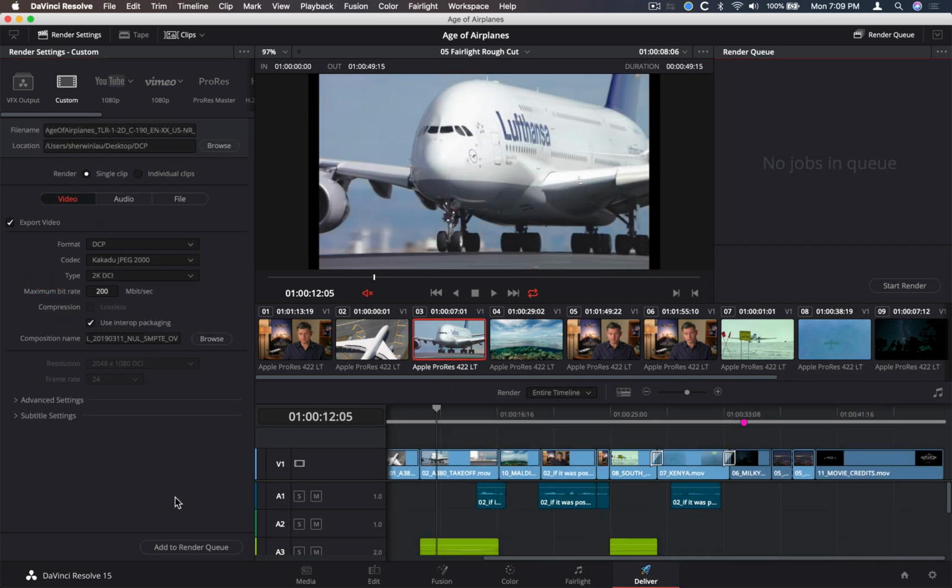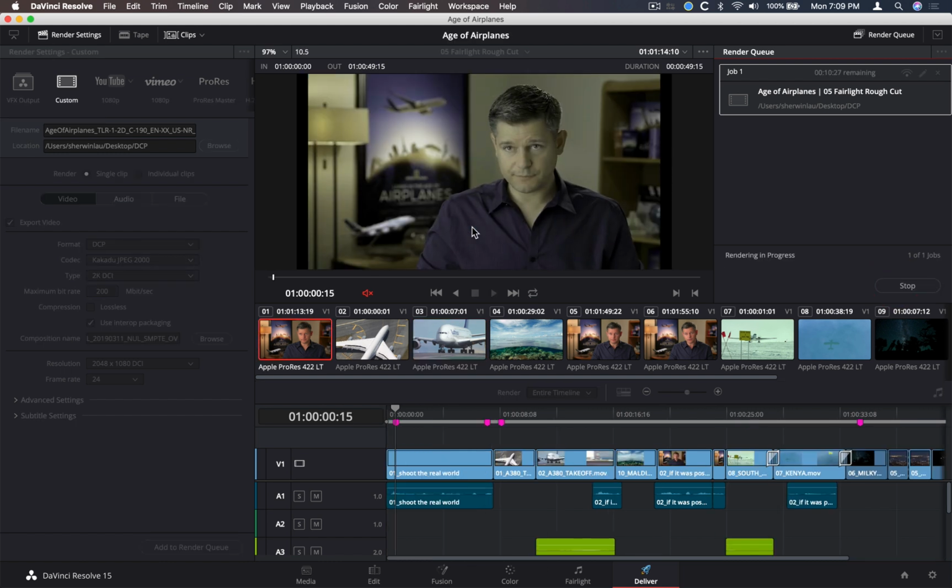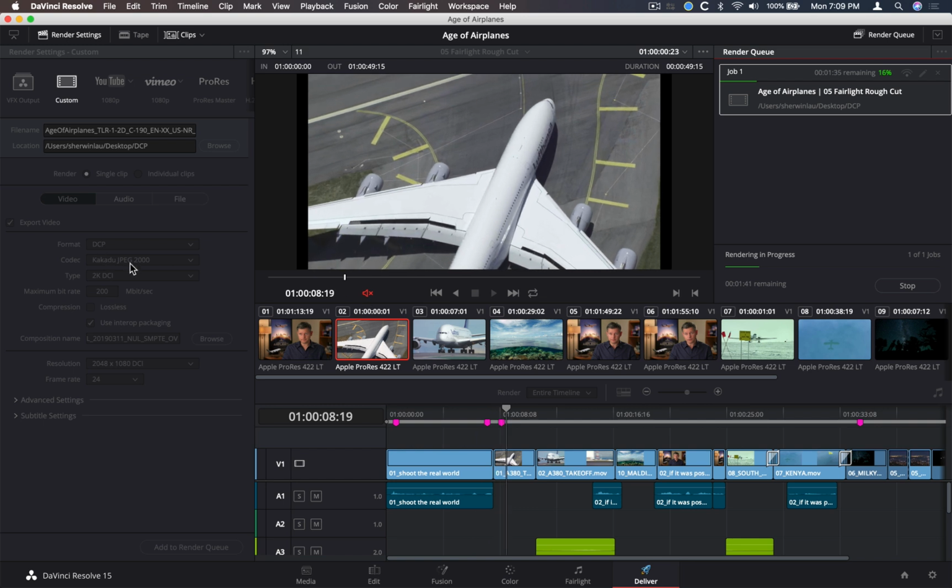All right, so when this is done, we can add it to our render queue. And I'll hit start render, and when I do that, make note of the color difference now. So one thing that you'll notice in the viewer when you're exporting a DCP is the change in the color. This is because DCPs use the XYZ color space. So what Resolve's doing is transforming your output color space into the correct XYZ space so it'll look correct when played off a digital cinema